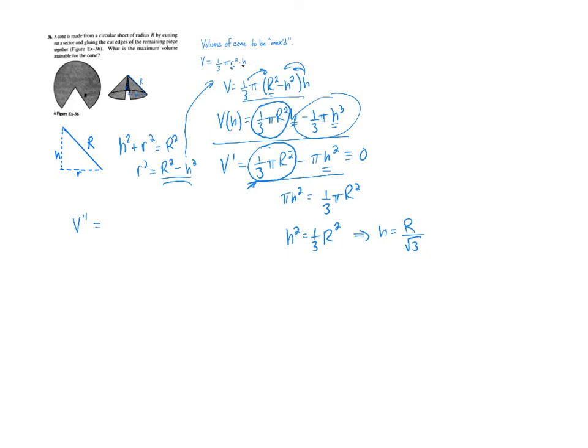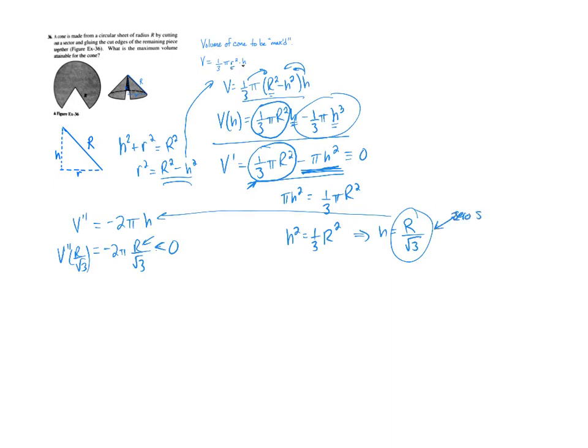So we just need the derivative of this second term, negative pi h squared, in terms of h, which would be negative 2 pi h. And if you think about putting this value of h into here, we'd get v double prime at r over root 3 is negative 2 pi r over root 3, and that's clearly going to be negative because r is positive and it's being multiplied by a negative, so that's going to be a negative value,